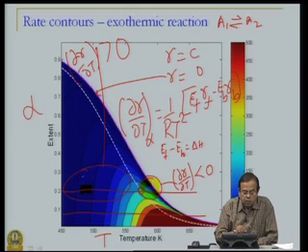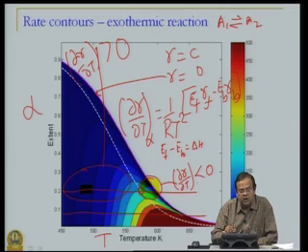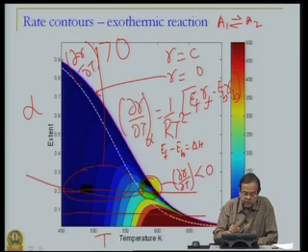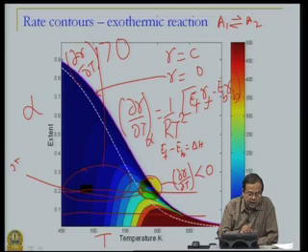Now, the transition from del R del T positive to del R del T negative cannot happen abruptly. So, there is a point such as this point, where del R del T is 0,